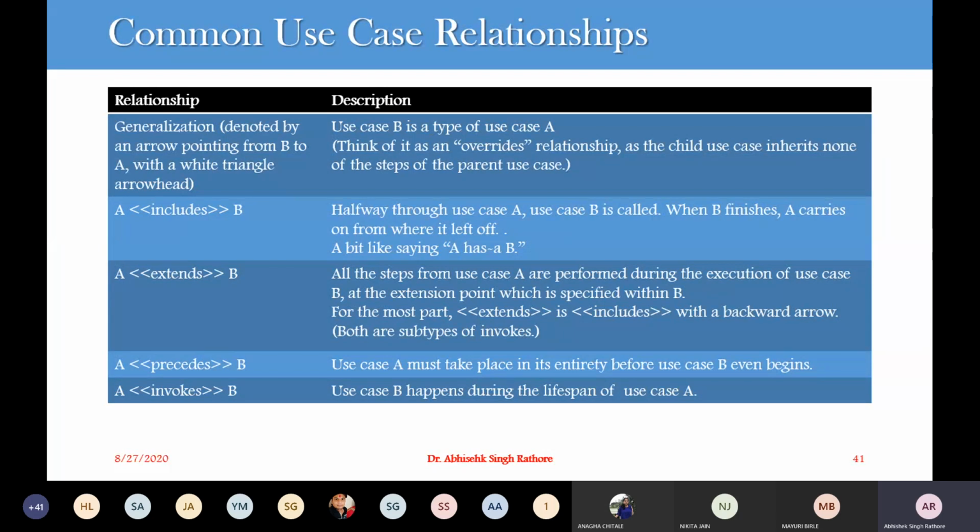When we consider the include and extend relationships, these are both subtypes of the invokes relationship.